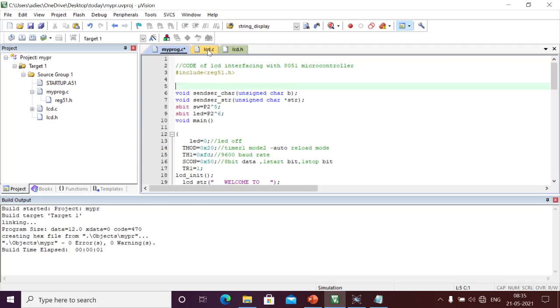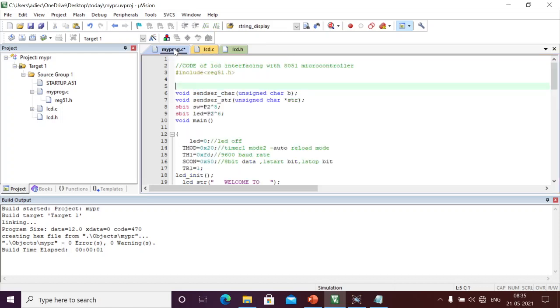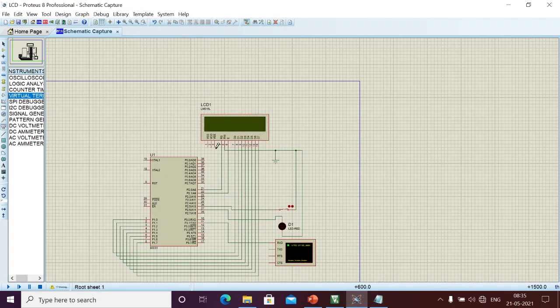All the definitions I moved to the .c file, and whatever the pin definitions also I moved to the .c file. And if you want to use this sbit, we should include register 51.h. Here I just split one project. From that I created one .c file and .h file, lcd.h and lcd.c. Why? Because if you see here, this is one module, this is another module, and this is another module. Here we are going to write the main functionality of the project. Here is one of the submodules, and here also a submodule. That's why I am dividing this functionality into .c and .h. In a similar way, for the serial port we should divide into .c and .h.